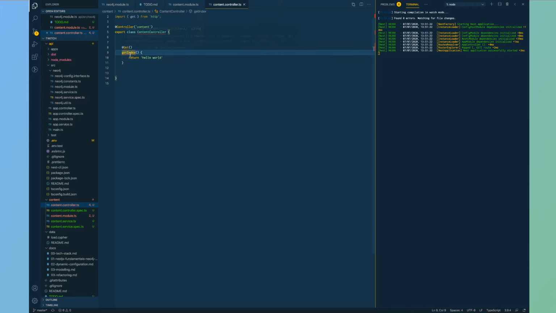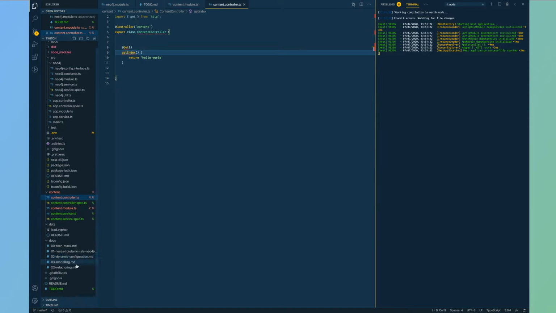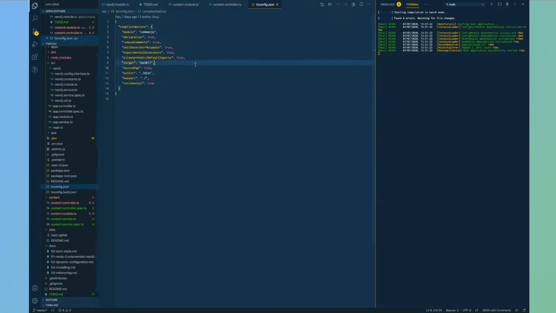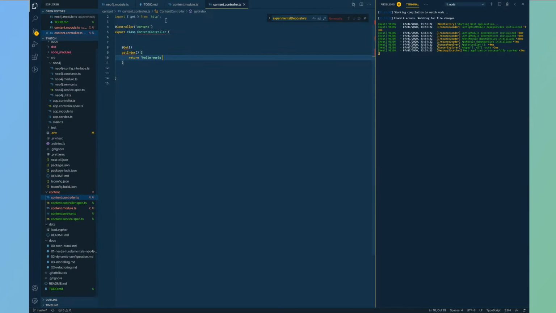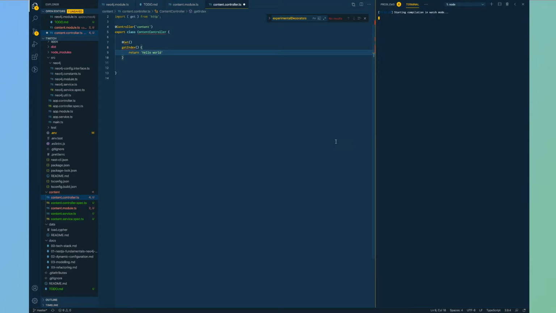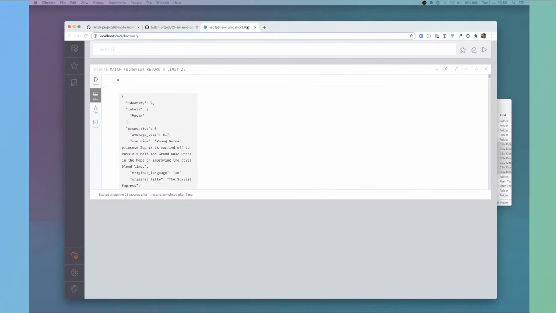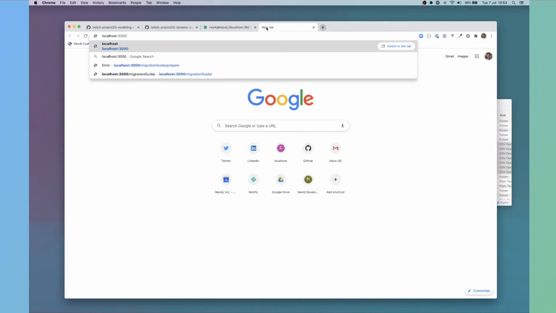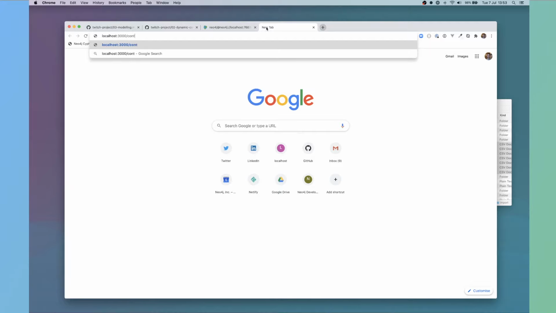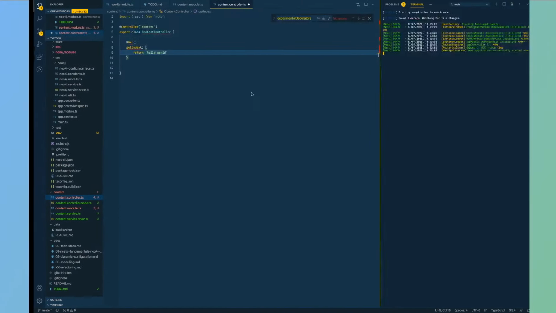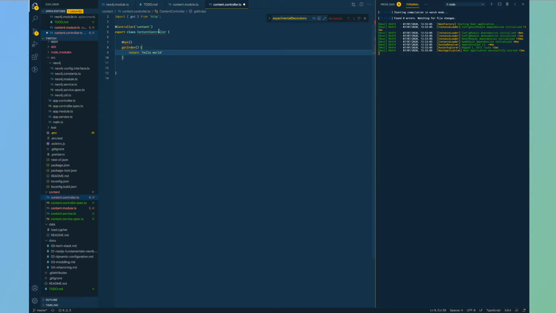So now if we go to get index, we should see hello world. Cool. So if I go to localhost 3000 and then content, we currently have a 404.